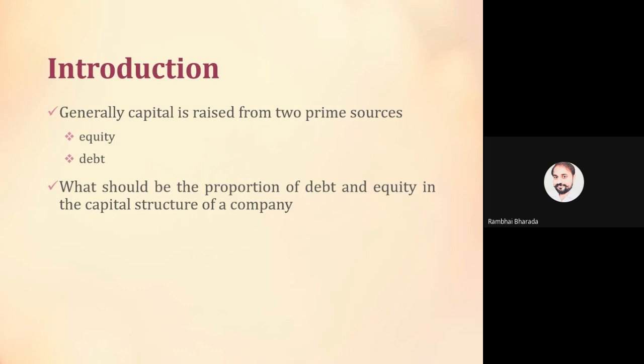If I required 10 lakh rupees and I have options, I can raise a loan. I can ask my parents, my relatives, my friends. I can ask a bank or other financial institutes, or as a company, I can issue the equity shares or preferences. But what should be the proportion in that particular 10 lakhs or 5 lakhs? 50% equity, 50% debt, 30% equity, 70% debt, 70% equity, 30% debt. Are you getting my point? So the question here is how much the proportion of equity and debt will be. We don't know that, we have to find it out. So now see,